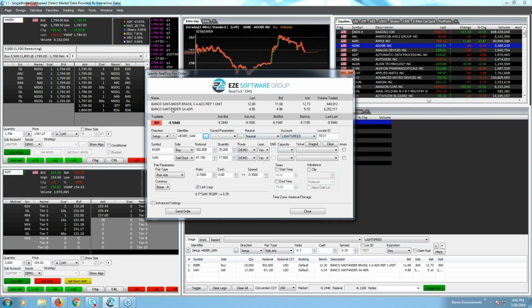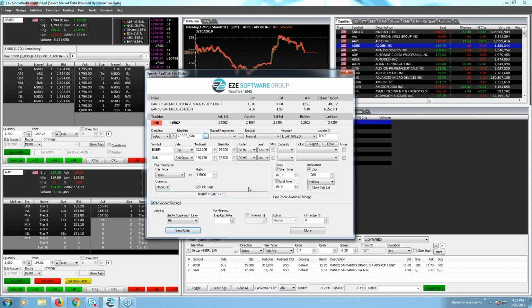So let's say you've got Banco Santander, the ADR, which has a lot higher trading volume than the actual one that's traded, or the representative one unit, but you think there's some sort of ratio relationship between the two. You can build that spread and execute it within our blotter. So I would want to lean on the less liquid security. I can set a start time or an end time. I can set a clip size, so I only want to send 1,000 shares at a time. I want to actually say ratio or risk arb. I can type in the cash component, but in this case, it'd probably be a basic ratio spread. I set my ratio,